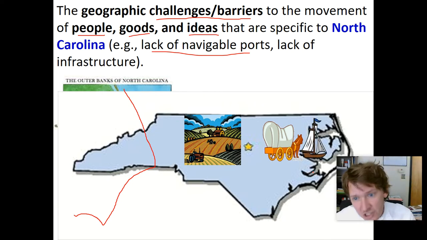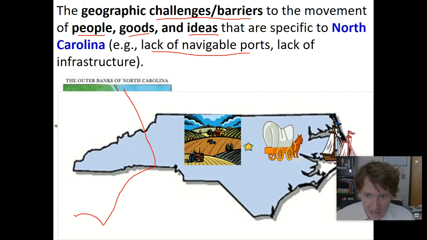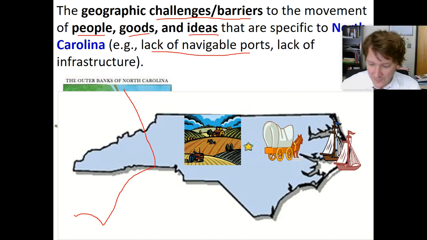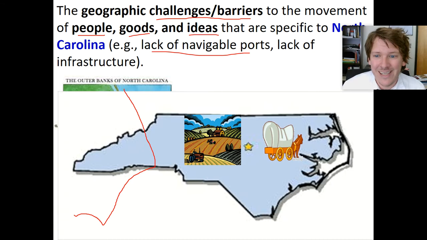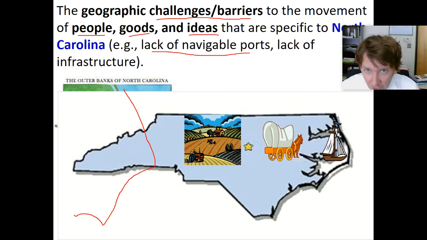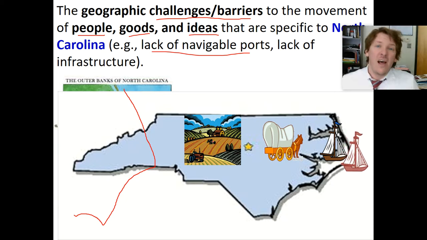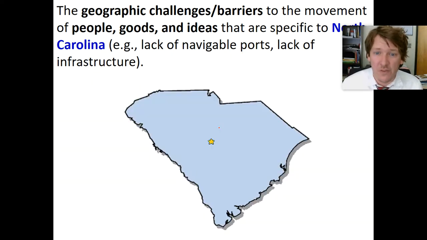So you've got to get your ship, put your goods on another boat, then that gets you to the outside, and then you put your stuff on another boat, and that can sail it out, right? Just to rewind that. You take the farm, you put your tobacco, and you're on the coast. Yeah, but you have to put it on a boat to get it out to this outer barrier. Then you unload it, and then you put it on another boat, and then you ship it out. That's a lot of steps. That's very difficult. That's very challenging. I don't know if I want to do that as a tobacco farmer in North Carolina. It seems like it's going to be tough to be a farmer.